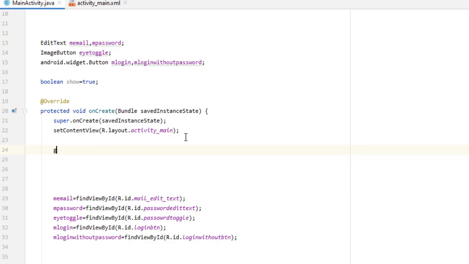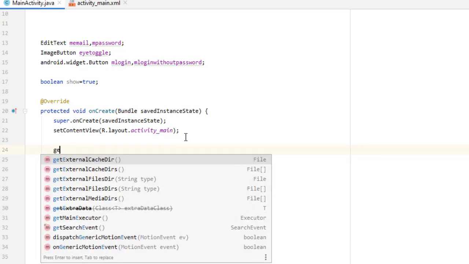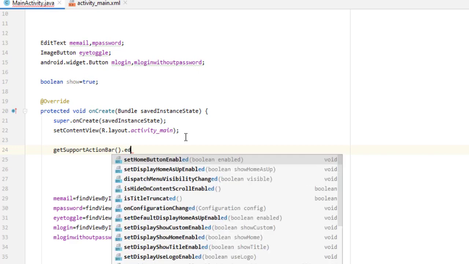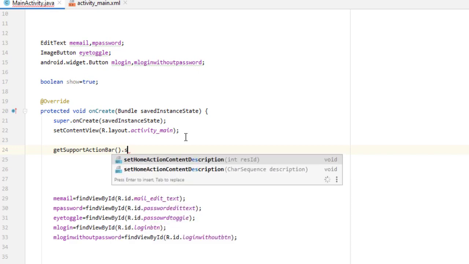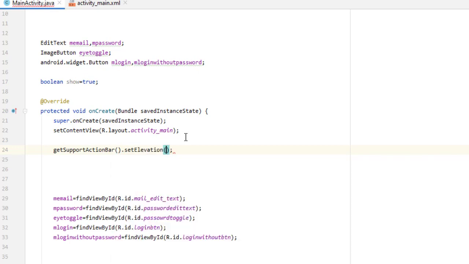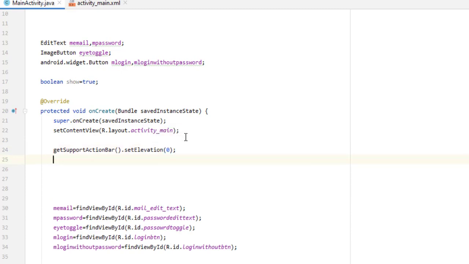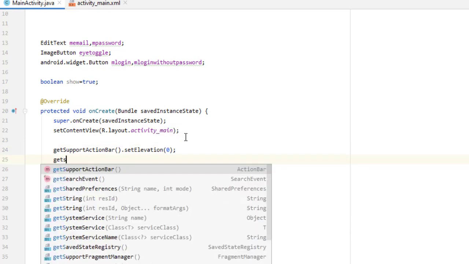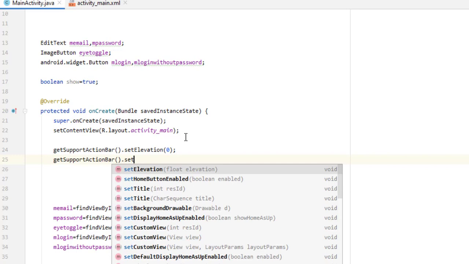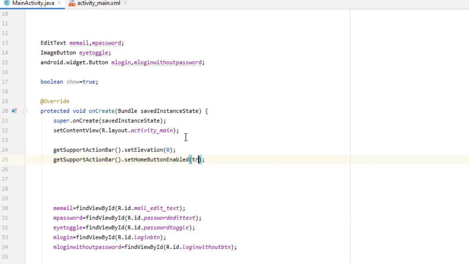So first of all, you have to type here getSupportActionBar to give it a little bit of elevation in our action bar. So I simply type here setElevation, and inside this you have to pass 0. Now we have to type here getSupportActionBar.setHomeButtonEnabled and pass true. It is your choice whether you want to do this or not.